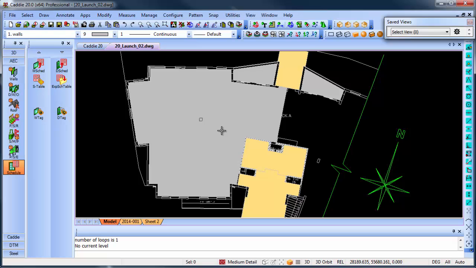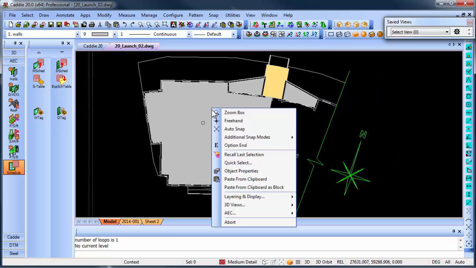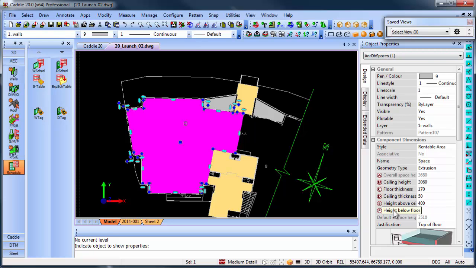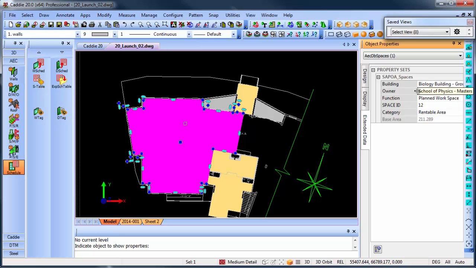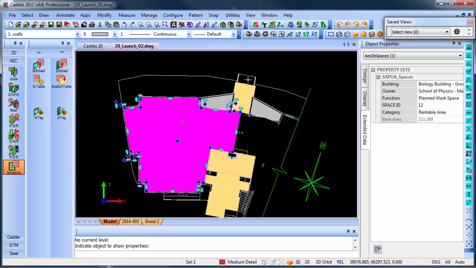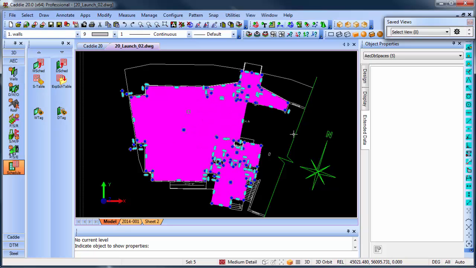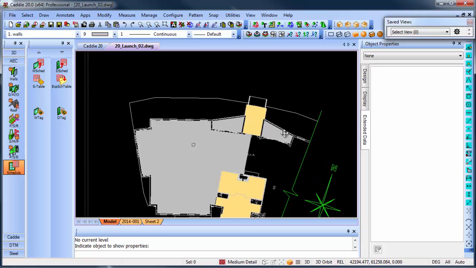Now that automatically gives you property set definitions that it creates, table styles, etc. So if I go to object properties, on one of these spaces, you will see it gives you the general properties of the space, which is the ceiling height, floor thicknesses, etc. But if you should go to your extended data, all the information that you've entered will be added into there as data applicable to that specific space. So these can be changed afterwards if you need to change them. So what I've done over here is I've got a couple of spaces already created, exactly as I've done with the larger area over there.